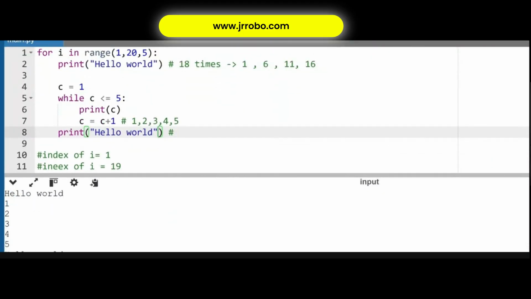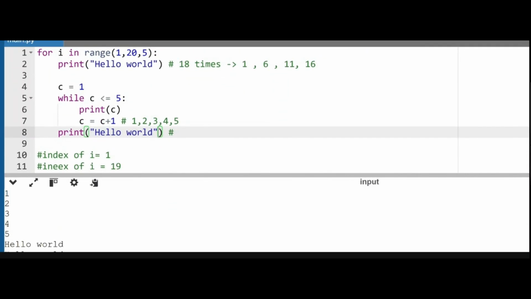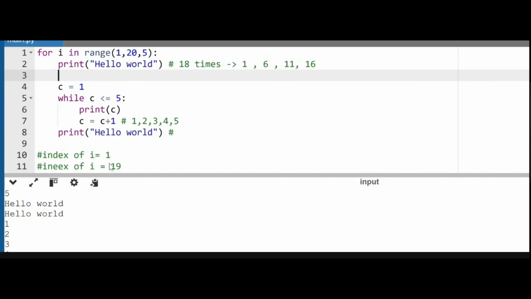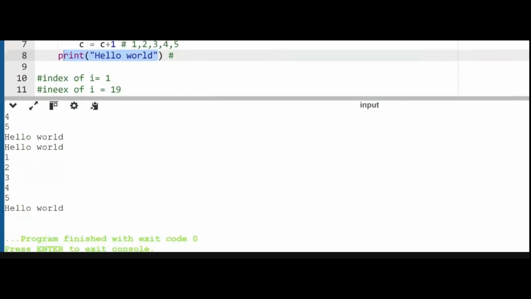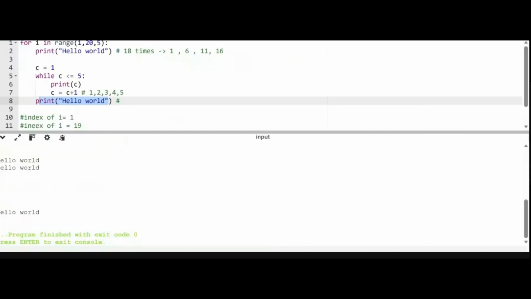Did you see? Hello world first, then the numbers of C, 1, 2, 3, 4, 5. Then hello world again, then 1, 2, 3, 4, 5. Then hello world for this one, and again hello world for the last one, then 1, 2, 3, 4, 5 again. Then this will run 4 times: 1, 6, 11, 16. Understood? Because the main loop is the for loop. The while loop is inside the for loop, so it will run